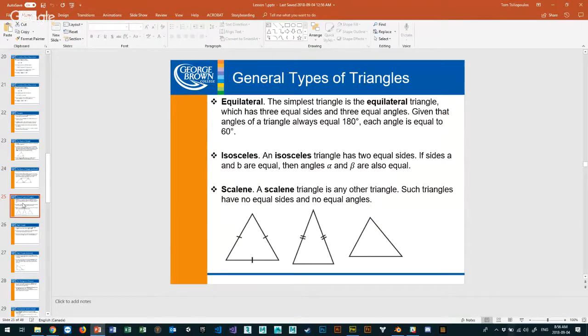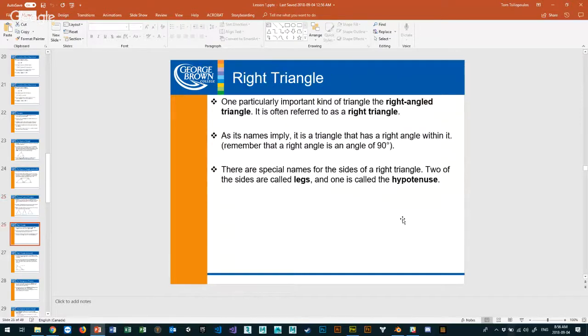Okay, different kinds of triangles here, right? We have one triangle with all the sides the same, an equilateral triangle. Then you have one with 2 sides the same, and one with 3 sides completely different, all sides different lengths. So 3 types of triangles: an equilateral triangle, an isosceles triangle, and a scalene. Scalene would be the 3rd one on the right. Again, this is just nomenclature. When I say you have an equilateral triangle, what does that mean?